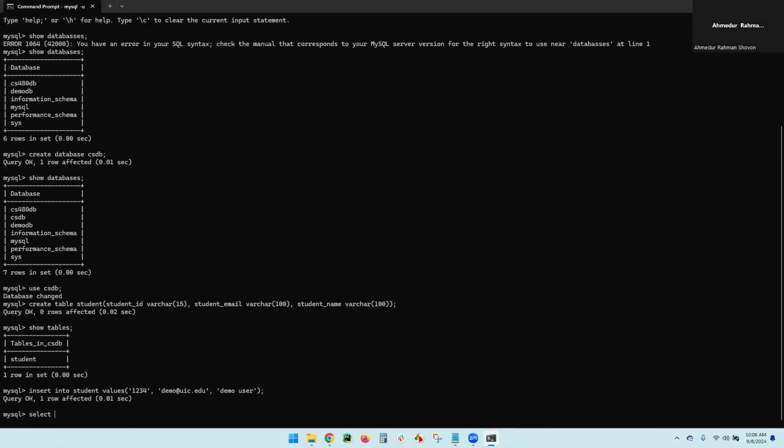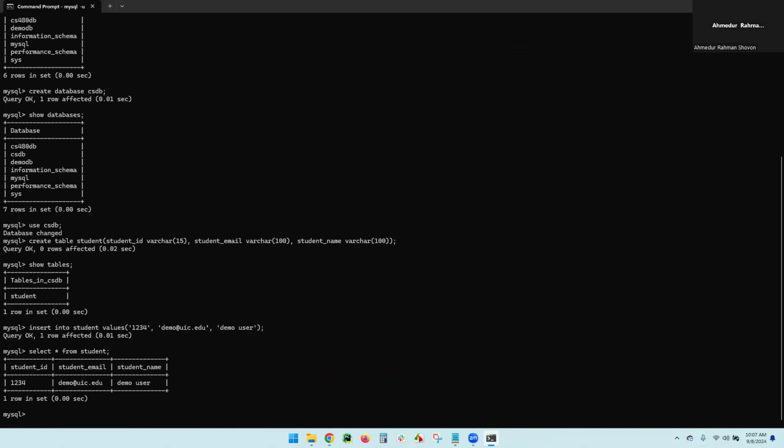So if we check the tables, we don't get any auto completion in command prompt. So we need to type everything here. Select all from student,